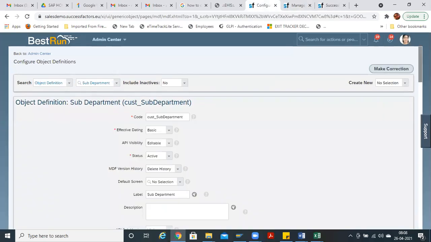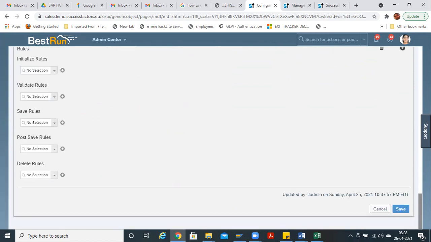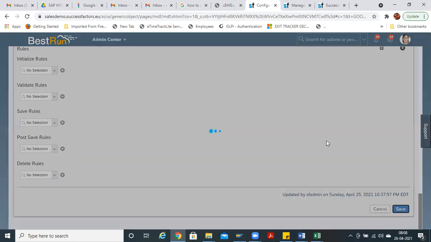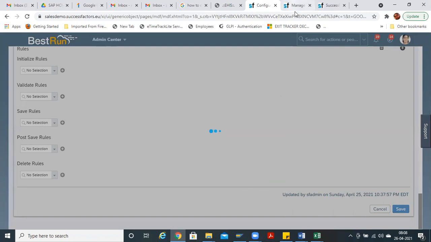For example, if I select this secured no and save it, then it is applicable for all users. Any user who has this manage data access can view it.